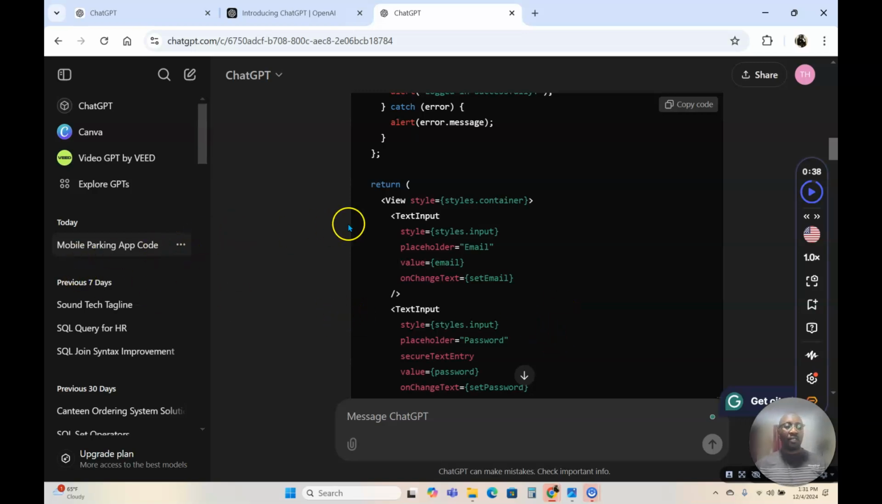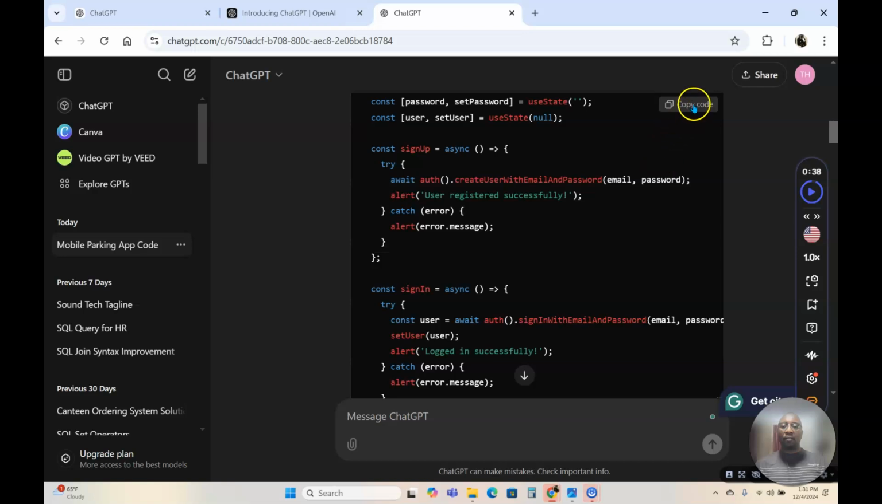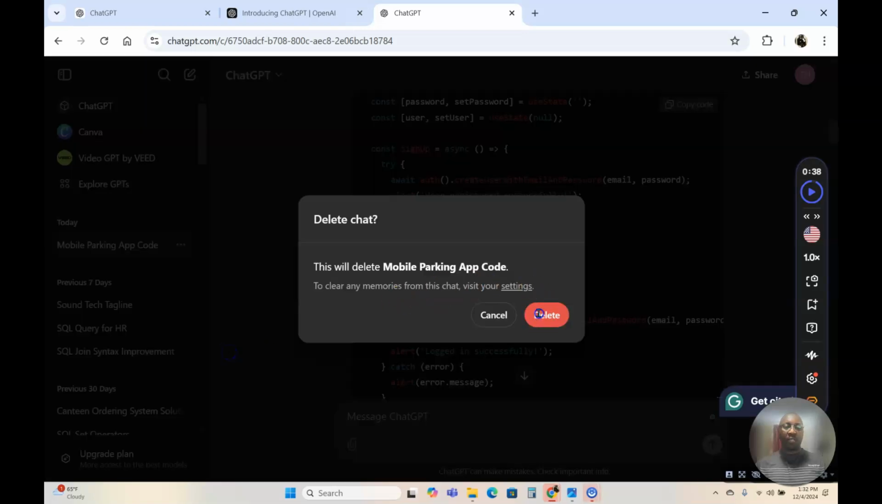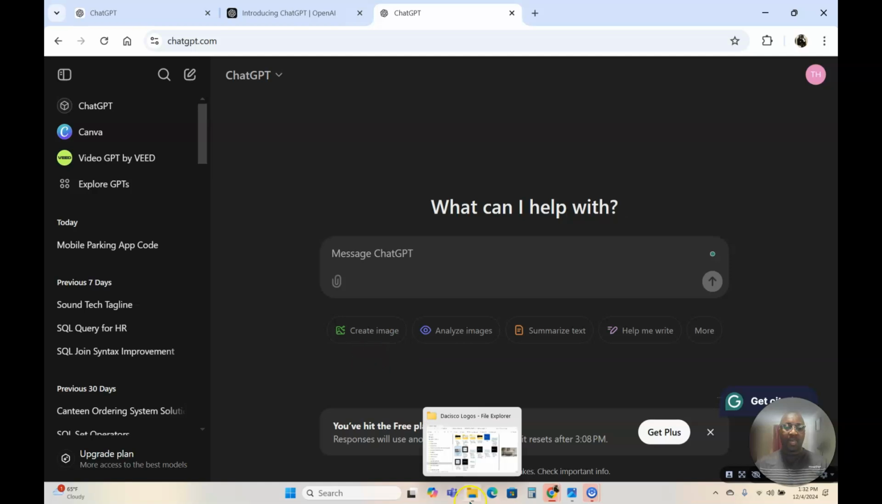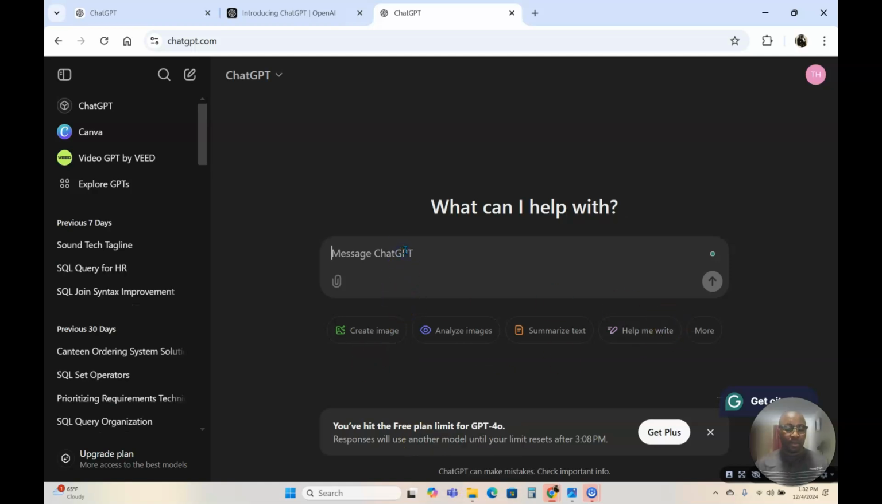Now, if I want to archive this code, it allows me to copy the code here and just paste it wherever I want to paste it. It gives you that option. So I can archive this, or I can just delete it if I don't need it. Now, if I don't like it, I can ask it. So some of the things that you can do is,